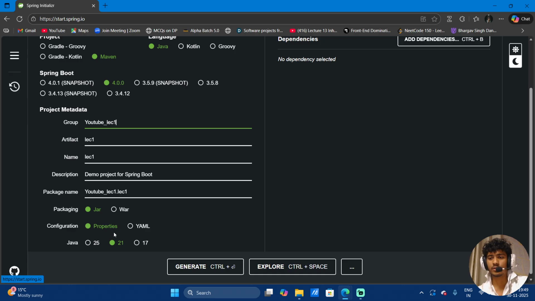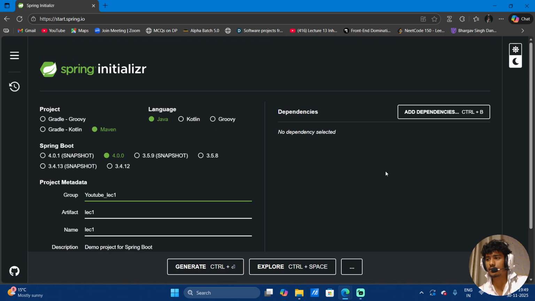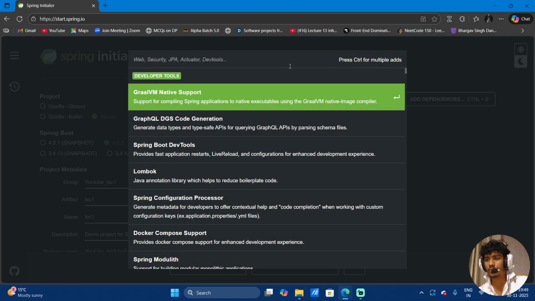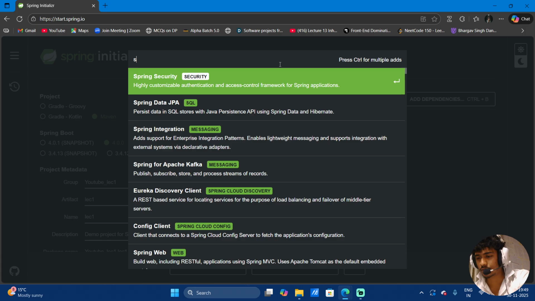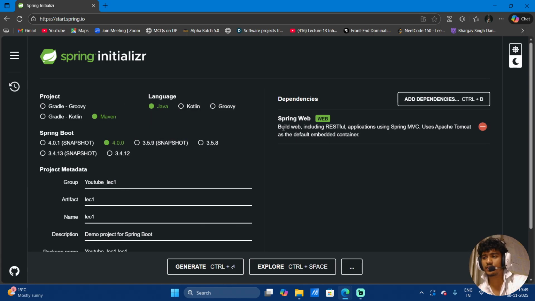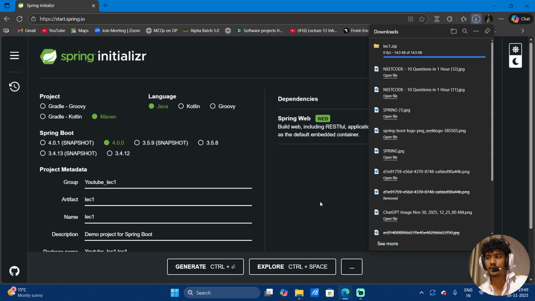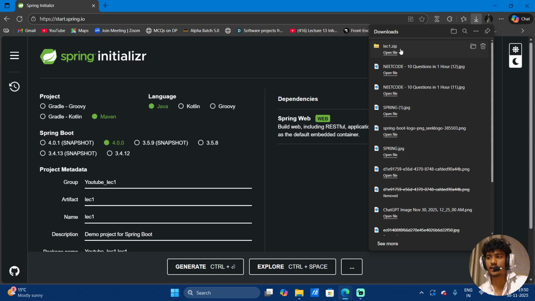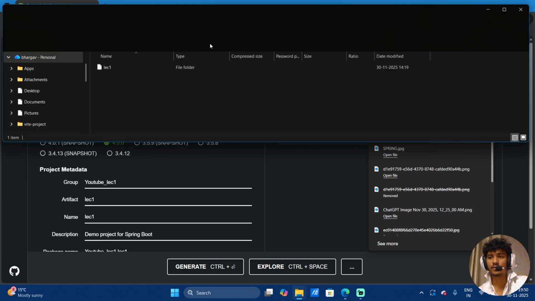Configuration, I'm just going to keep it properties, and I'm going to use the Java 21 version, right? And here at the dependencies, I'm going to add Spring Web. Basically, it helps us build web applications, including RESTful applications, using Spring MVC. So after generating it, I get a zip file,